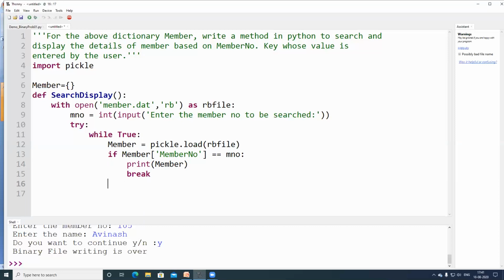And there is one more case. Here the data is being found. If the data is not found, for that I am writing the exception: except EOFError.